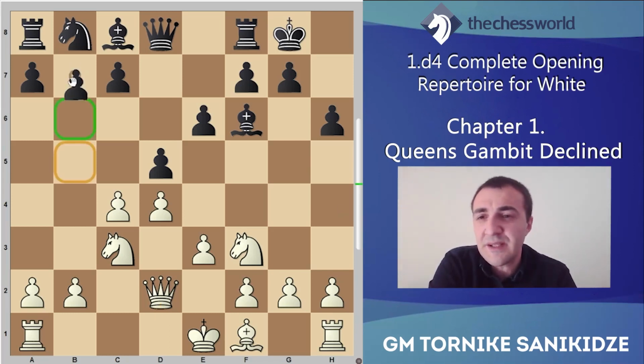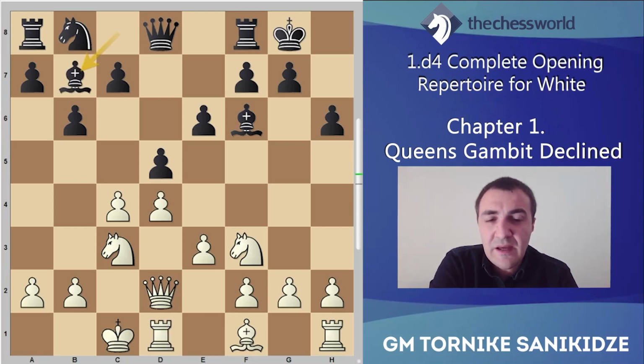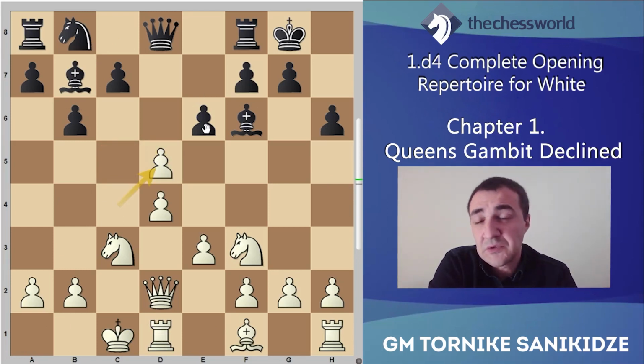And he played a very natural move. He played b6 here, so long castle and bishop b7. And here I took on d5. This is the main line. After b6, white takes on d5. And normally